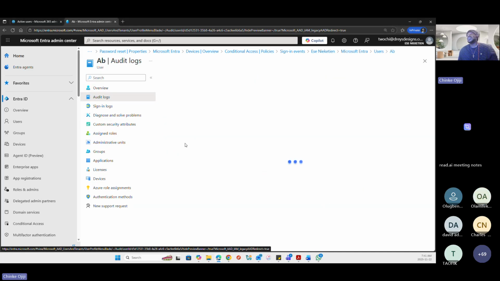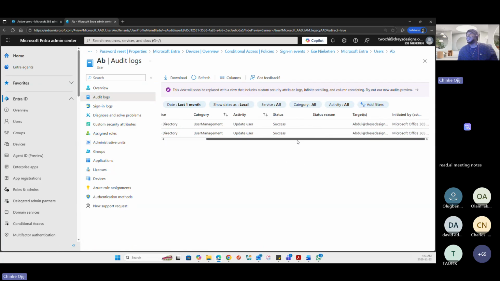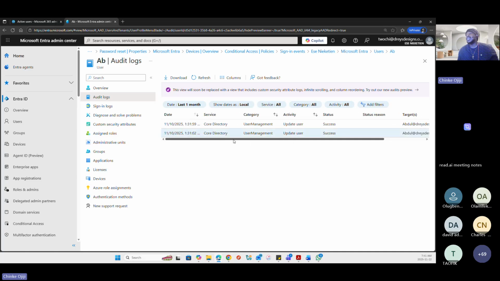Audit logs will show you what the user has done, right? This user, what resources did they access? What did they do? What activity did they do? And you can also filter it to what you want, the date, the last 1 month, last 7 days, last 24 hours, or a custom time interval.